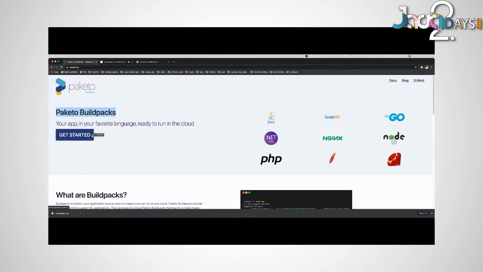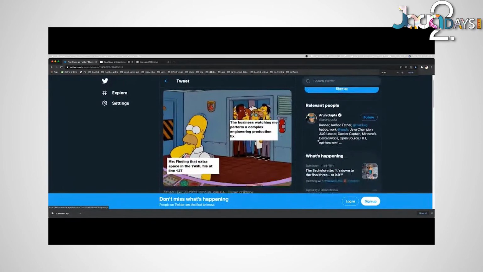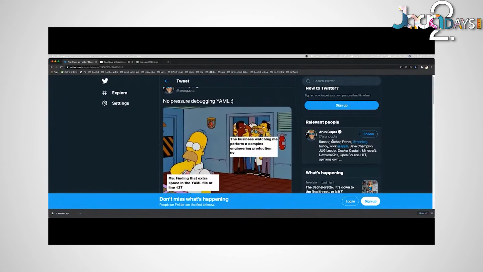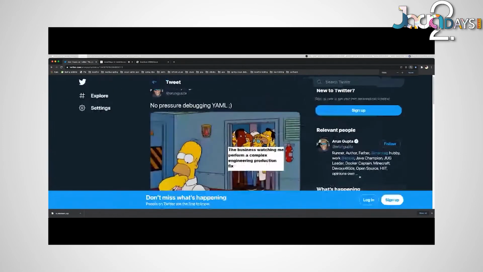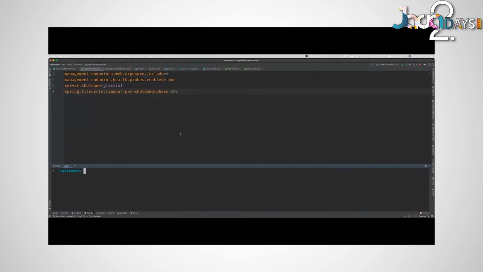The first most painful thing in the cloud native world is, of course, YAML. I hate YAML. This is one of my favorite cartoons about YAML from my friend Arun Gupta. I think we can do better. YAML is the reason that people leave IT. Not a big fan. So we can do better. Now, Dockerfiles, that's another big pain point.